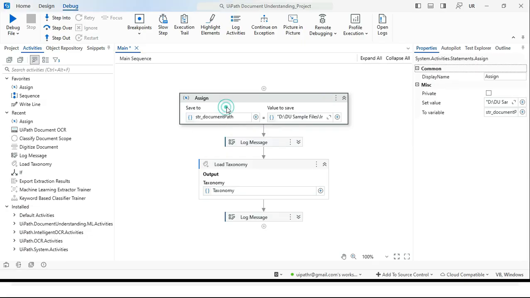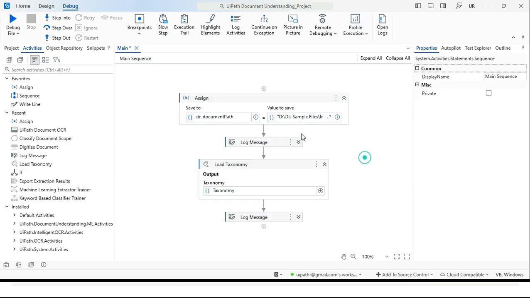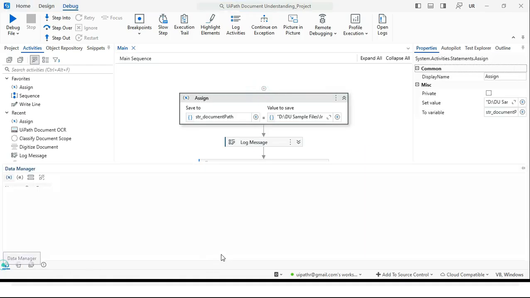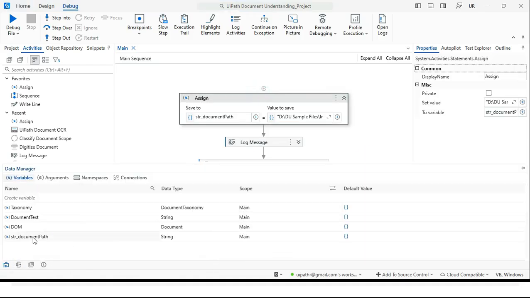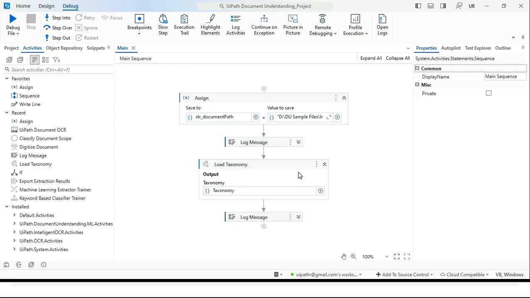This is the variable which we can use while doing the digitization, classification, and extraction. Okay, and we'll change the scope to main. It's already set here. You can see main. So we can use this one.